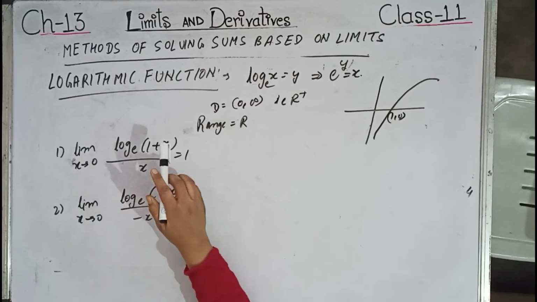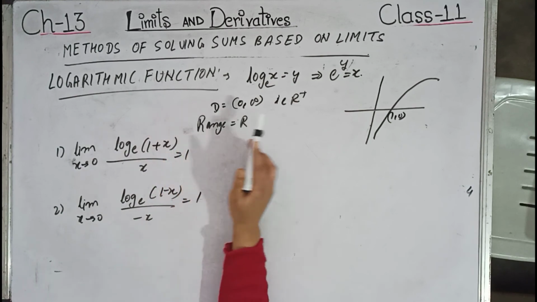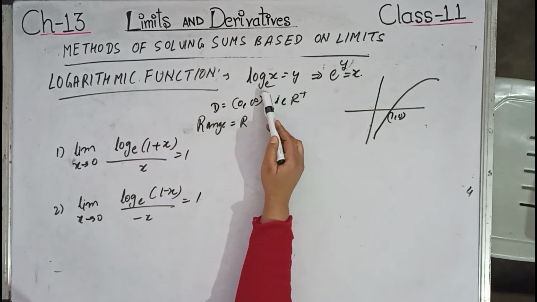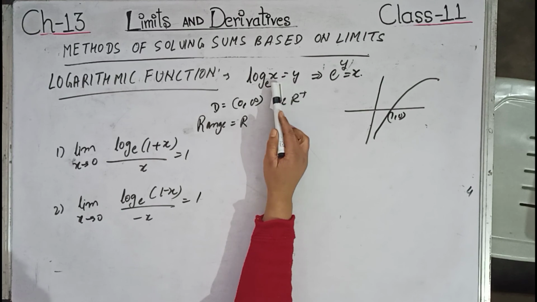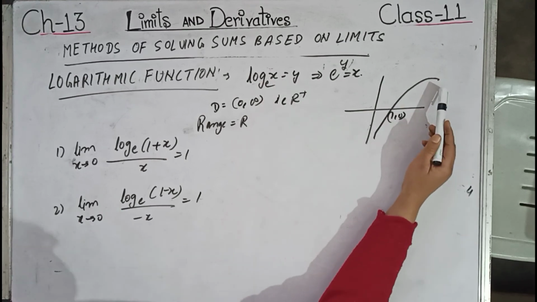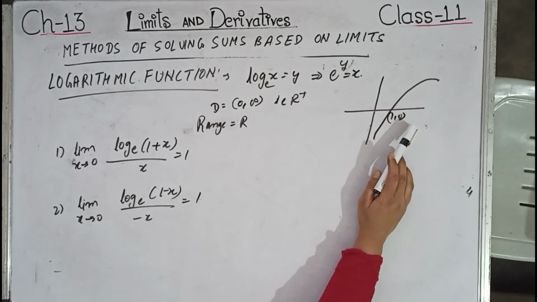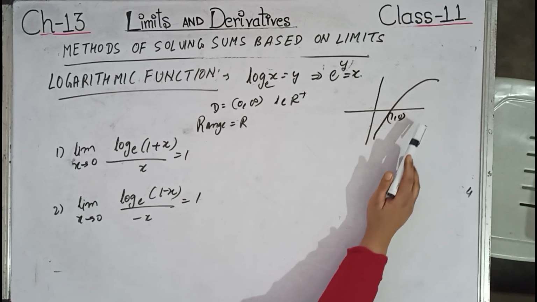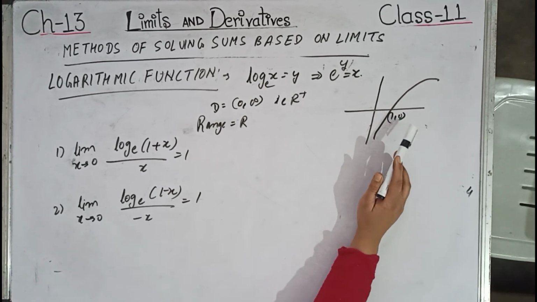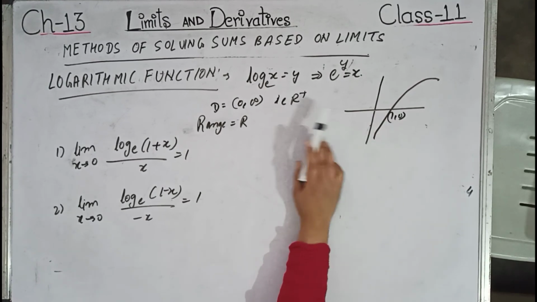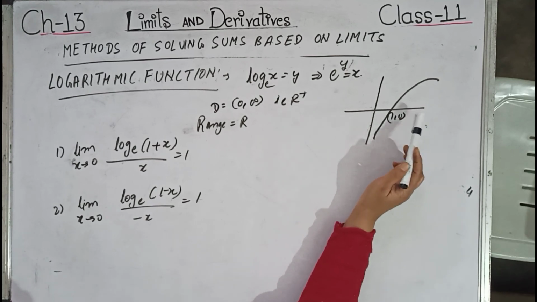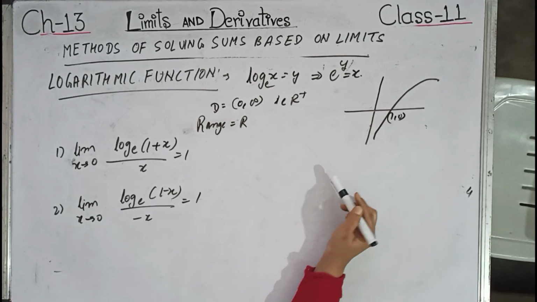Now next let us do the logarithmic function. We know that y is equal to log of x base e, or we can say e to the power y equals x. The graph, as we have done in chapter 2, of the logarithmic function e to the power y equals x is in this form, which passes through (1, 0). Obviously the domain is all positive numbers and the range is all real numbers.